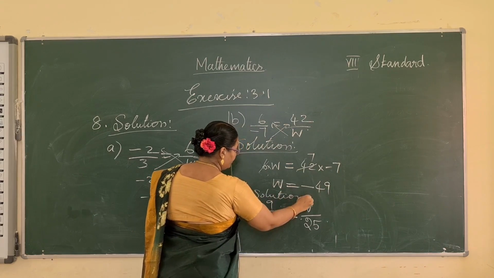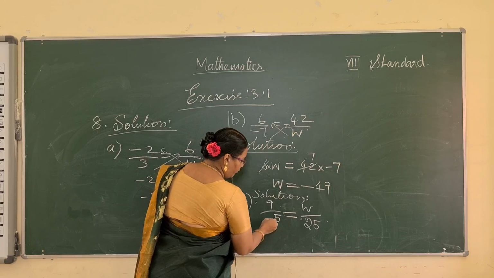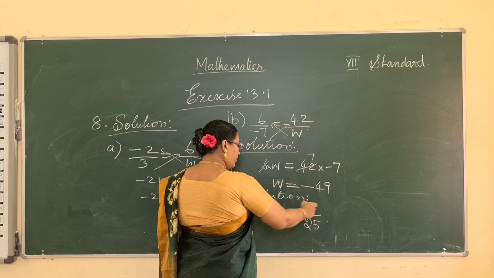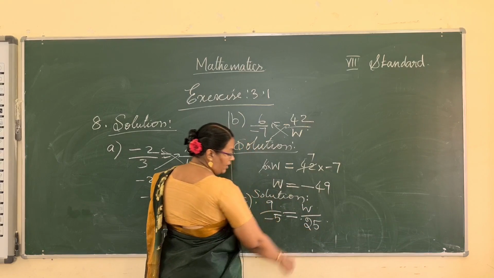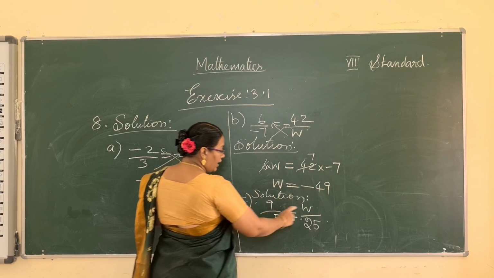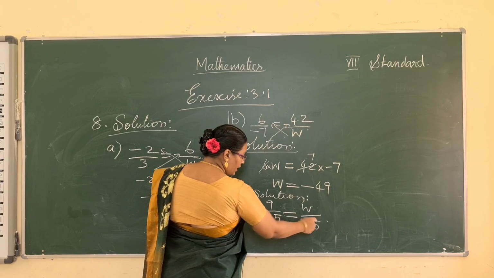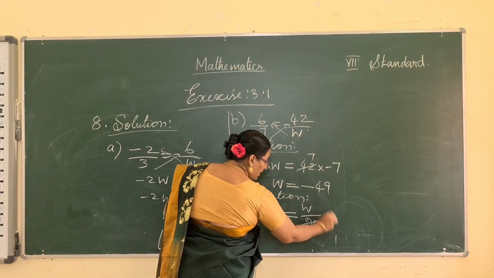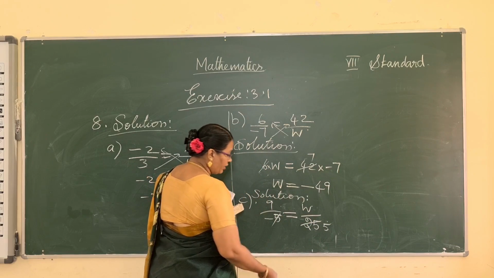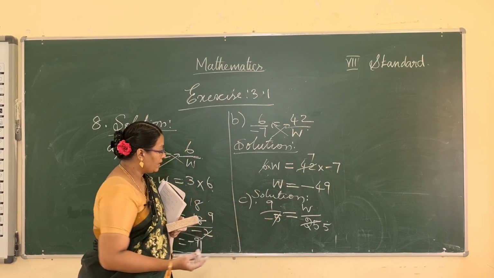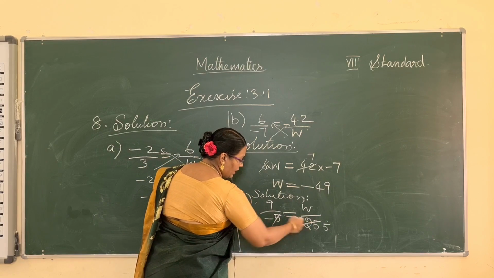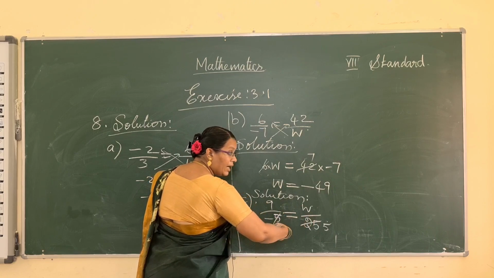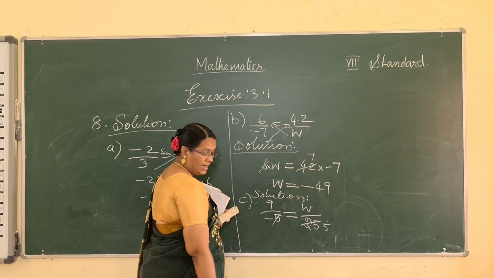Solution. Listen. So here the denominator, the equal symbol is given. The numerator will be cancelled and the denominator will be cancelled. So 9, here W, here minus 5, here 25. It cancels in the 5 table. So we have directly cancelled. 5 ones are 5, 5 fives are 25. So that is another method. You can follow any one of the methods. This is also the easiest one. The equal symbol is given between the two rational numbers, you equate the numerator and denominator and cancel the numerator and denominator.